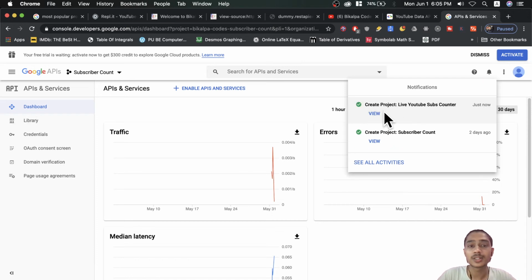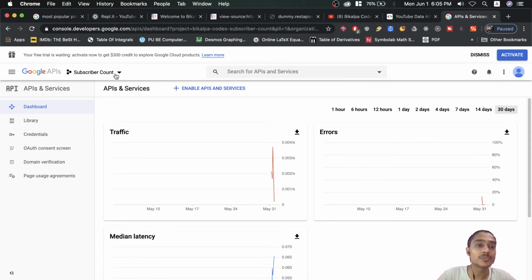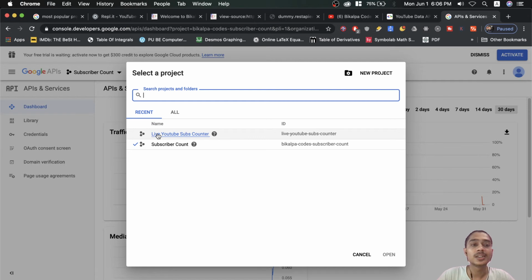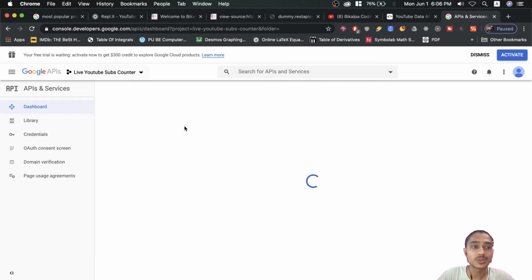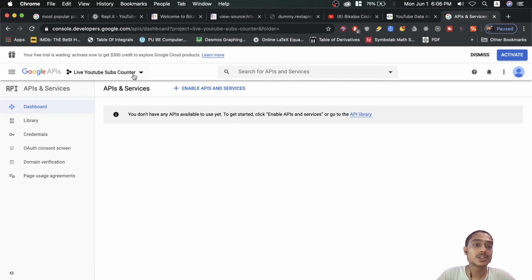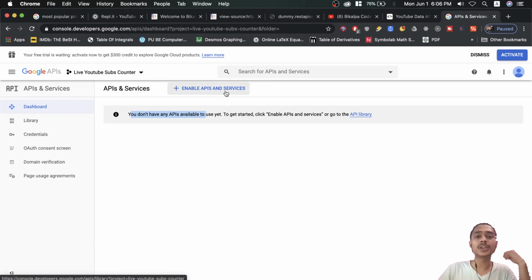Okay, this project got created. So first of all, what I will have to do is from this drop down, I have to select the newly created project, which is live YouTube subs counter, right? I have to select it so that in this drop down menu, my newly created project live YouTube subs counter should be visible. So for the first time users, you can see you don't have any APIs available to use. To get started, enable API services and API and services, which we are going to do next. So we click here, enable APIs and services,